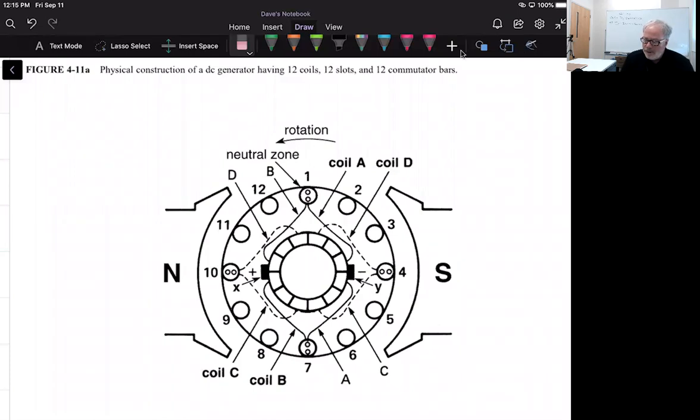So here's a more realistic looking DC generator, and really beyond 12 coils, it gets so complicated in the representation that it's hard to follow. But we're going to look at this, and one thing I want to point out to you in this chapter, if you have 12 coils,